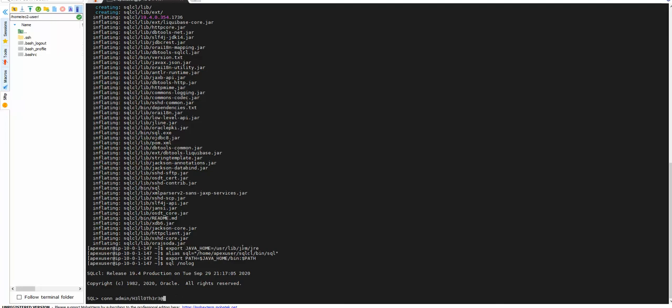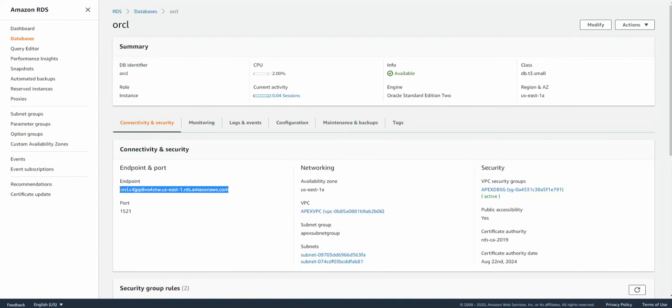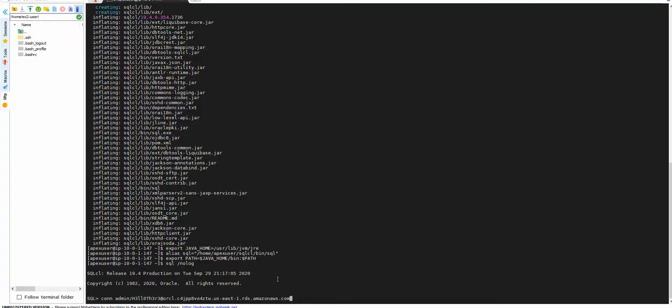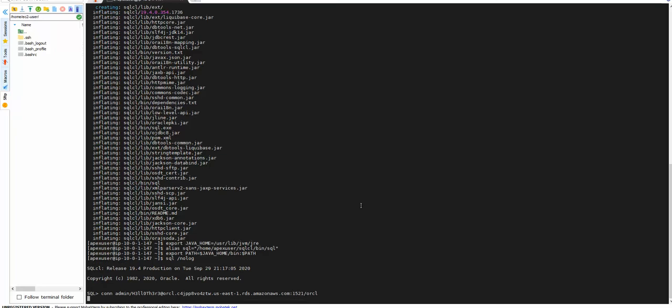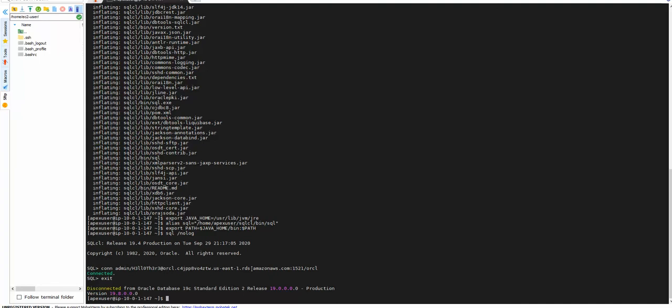So we have to pick up the RDS DNS hostname. That's the DNS hostname. Copy it. Put the DNS hostname here and connect over 1521. Remember, we opened 1521 as the port in the security group, and ORCL is the SID which I have selected. So yeah, now I'm able to connect, which is good. That's a test. We just wanted to make sure our EC2 instance is able to connect to the RDS instance via the SQLcl command.